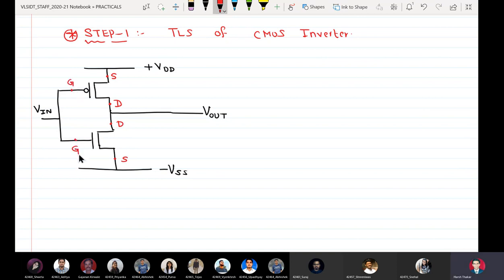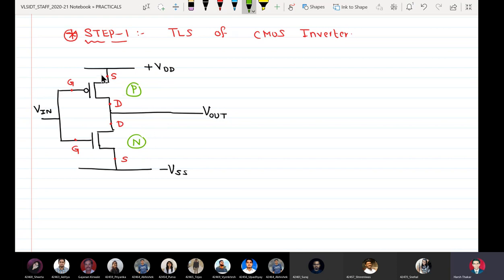Now students, please understand one thing: I can read this circuit diagram in this way. If you are still confused, I can write P here indicating this is the PMOS, and N the NMOS.